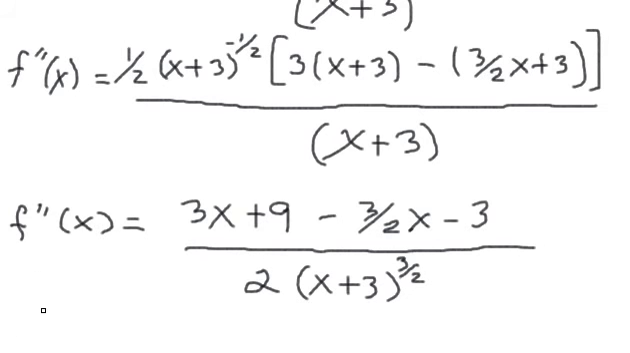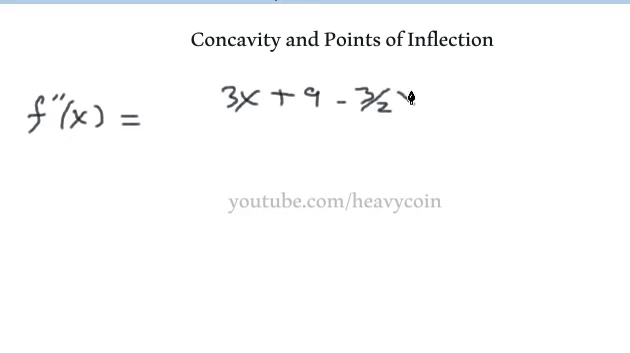Okay, I've run out of canvas, so I'm going to have to jump to another screen now. Alright. Okay, so I'm going to have to rewrite this stuff here. F double prime of x is equal to 3x plus 9 minus 3/2 x minus 3, and of course we're going to have to simplify this down, so I'm trying to keep from